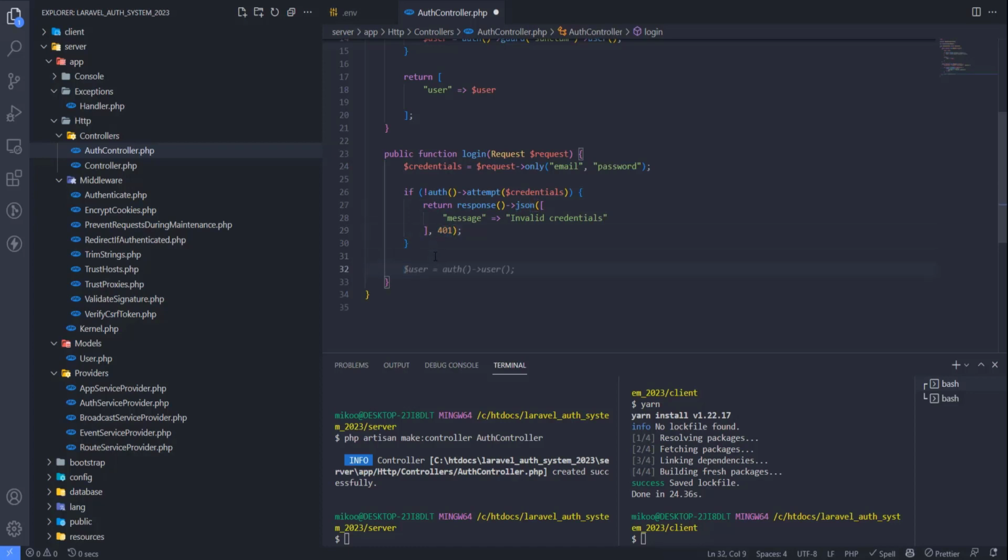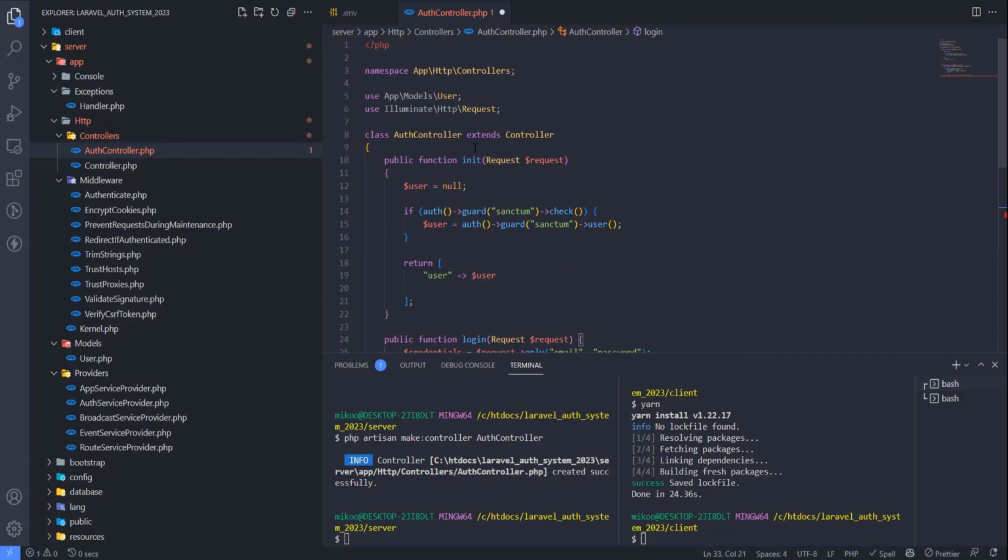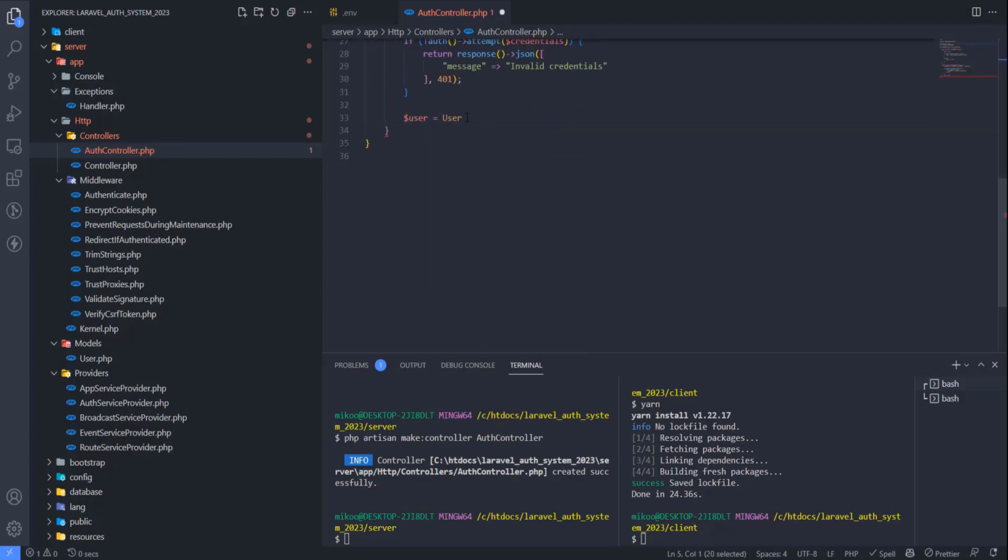So just write this code. Otherwise we will say user equals User, and it was auto imported here, use App\Models\User, and then we will say find and then auth user ID,